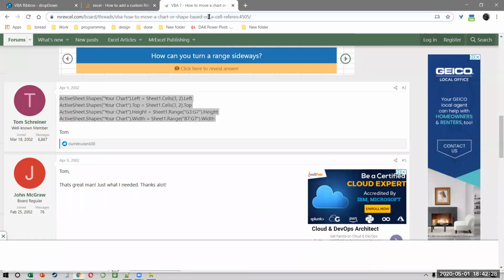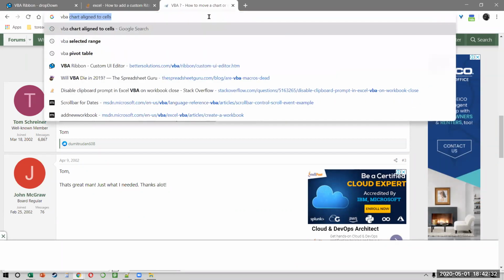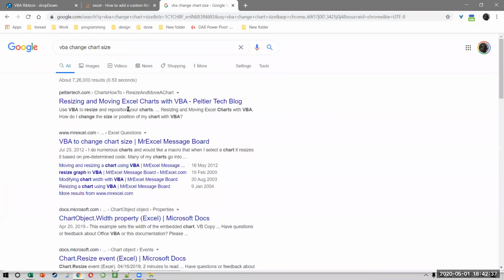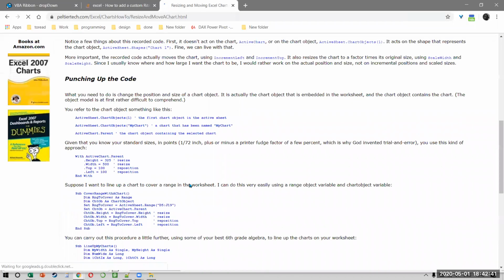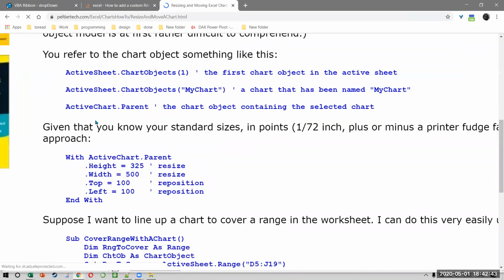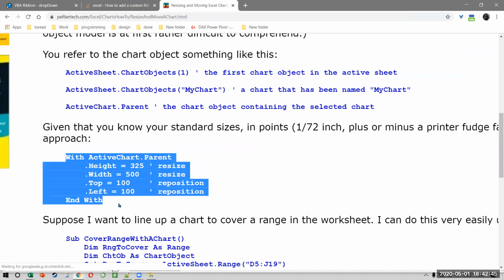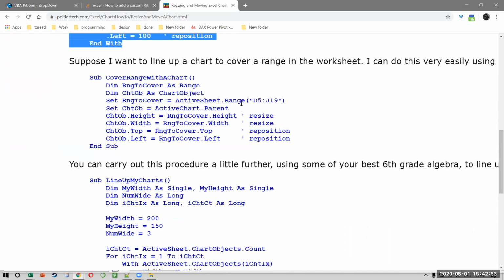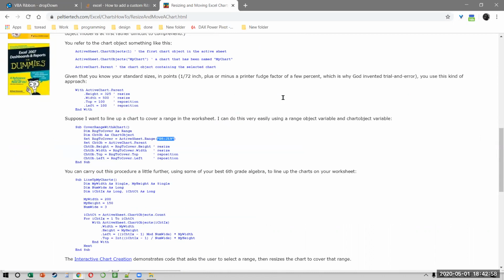See, that's what I'm saying. When you read more, you get to know what all you can search online. Like if you say VBA change chart size, you will already find this code readily available. Like, look at this. Do you see this? With my active chart, you can just say dot height is equal to 3. So this is in pixels, right? I'm not defining it as per cells. I can actually choose the height in pixels, which is even better, right? But if you want to line it up covering a range, then you can just write the active sheet dot range like this.